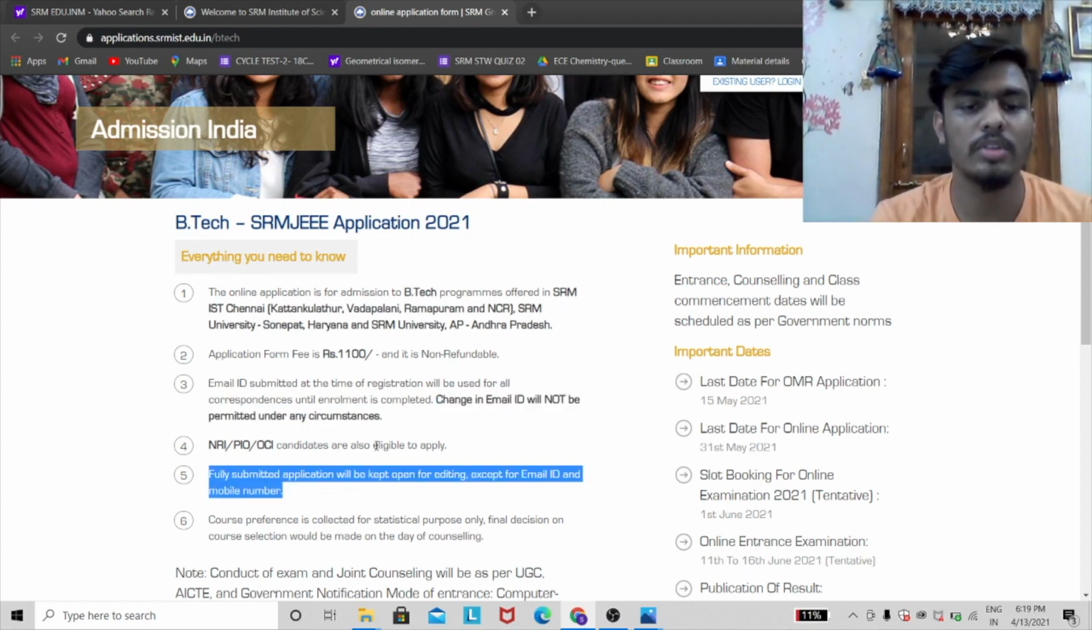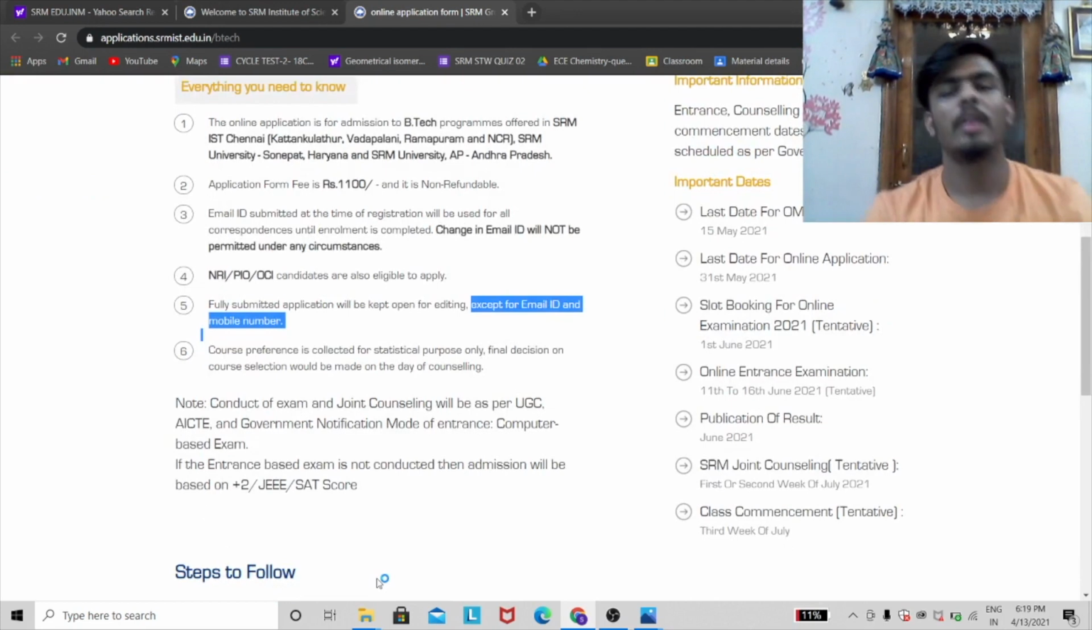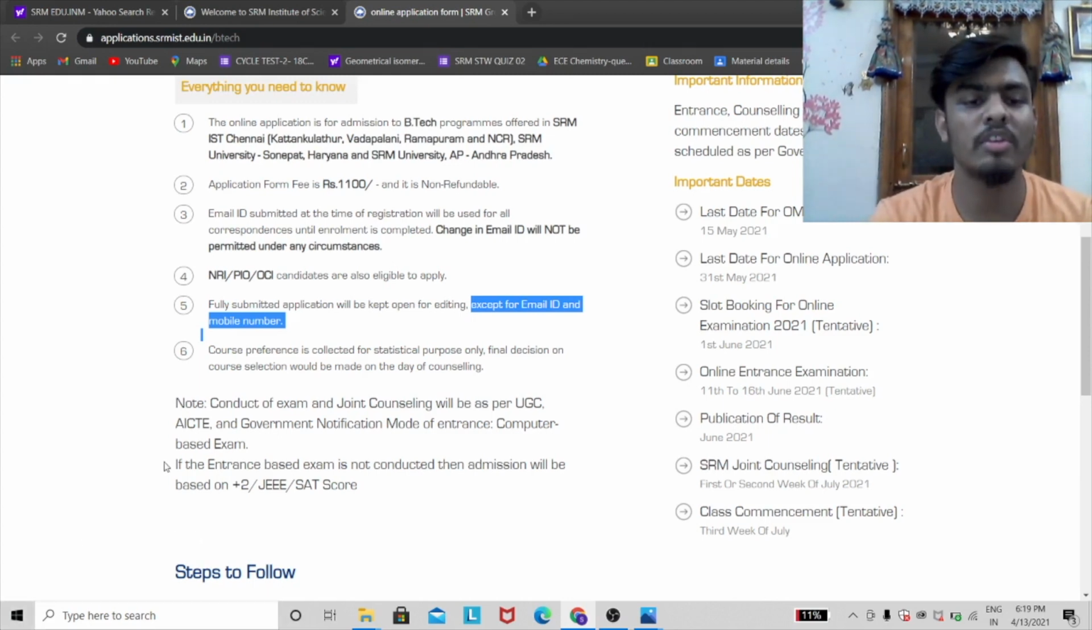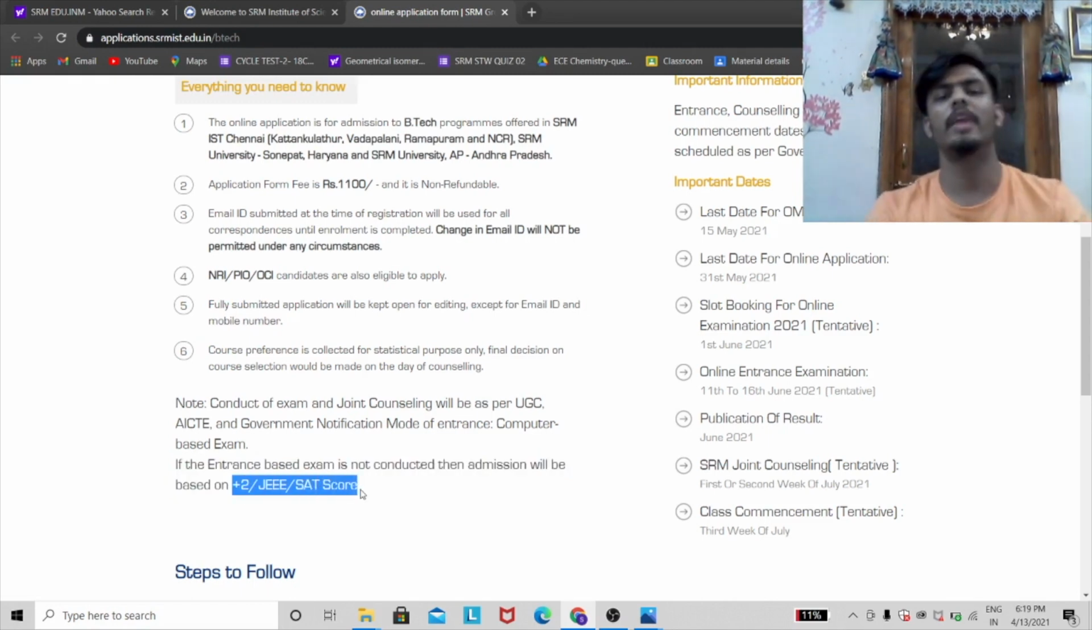As you can see here also it is mentioned, except email address and mobile number, you can edit all the other things. Now, I have seen that they are planning to conduct the SRM JEE exam, but if because of this pandemic they are not able to, they will simply take admissions on the basis of these three things: your plus 2 marks, JEE marks and your SAT score. But let me make it clear guys, the main weightage among these three is our plus 2 marks. So be sure that